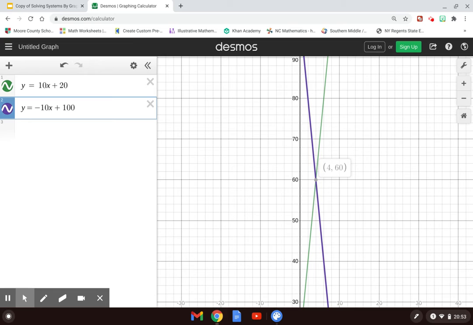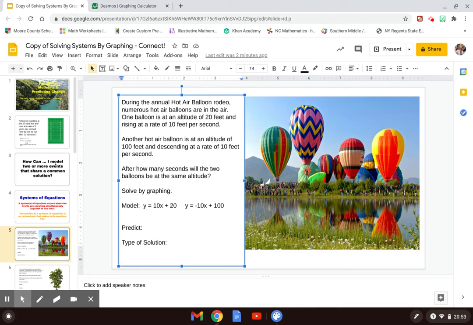Okay, so my x values are my seconds, and my y values are my altitude in feet. So what I can conclude there is that after 4 seconds, they will both be 60 feet in the air, and that is when they're going to meet. All right, so if I come over here, I can just put my prediction as the ordered pair for